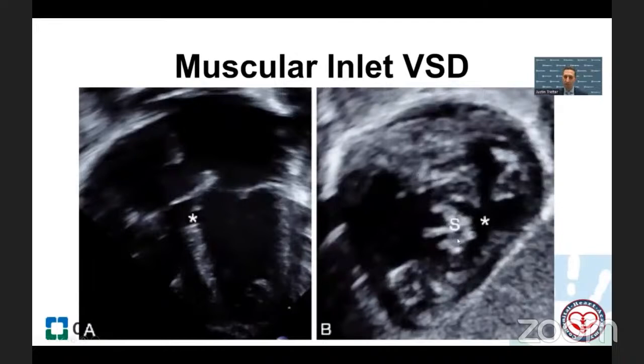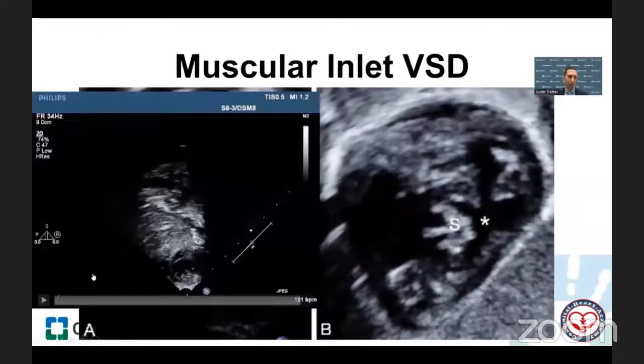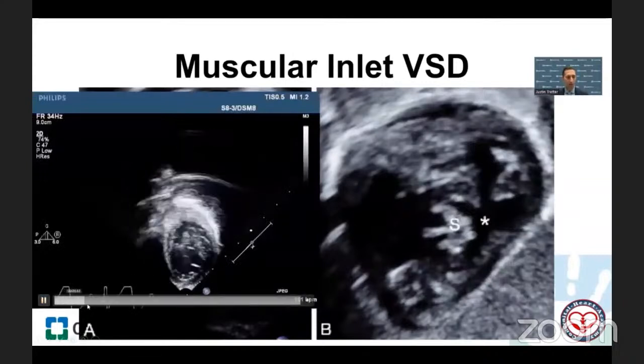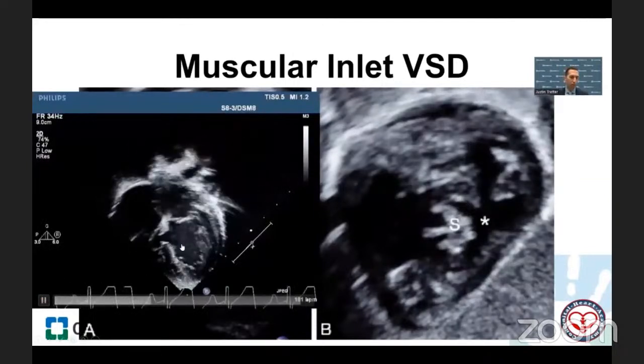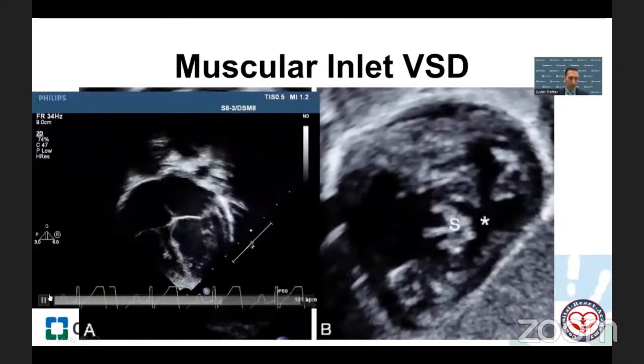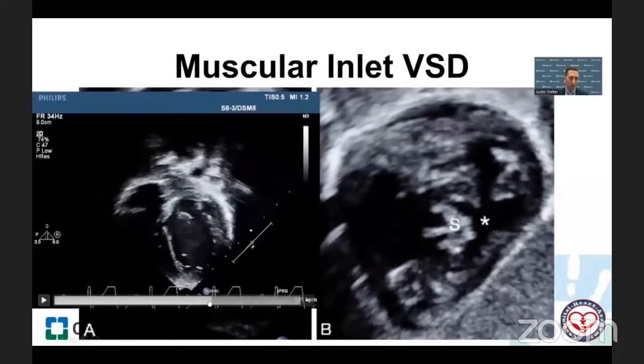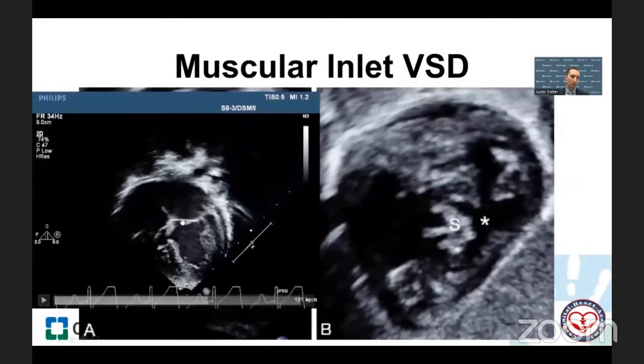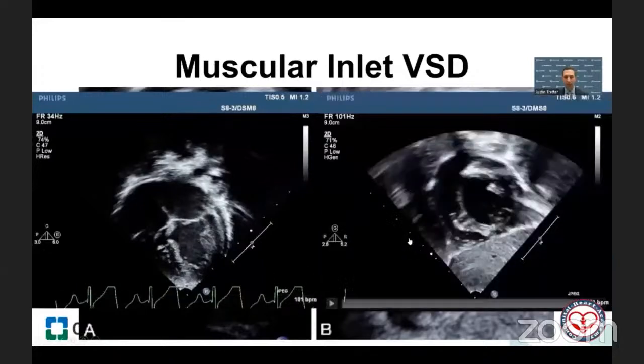We see the septal leaflet of the tricuspid valve, the membranous septum up here with muscle underneath, and the defect is much more inferior under the septal leaflet, so it's muscular inlet. And if we look at these videos, a sweep through the 4-chamber plane, we see that muscle right there. I'll slow it down. So right there, we see the muscle under the mitral and tricuspid valve with their offset retained, again, suggesting a muscular inlet defect.